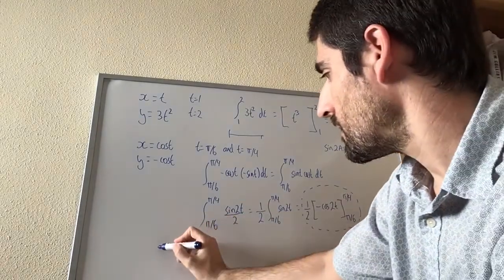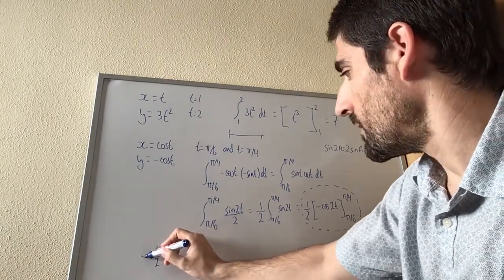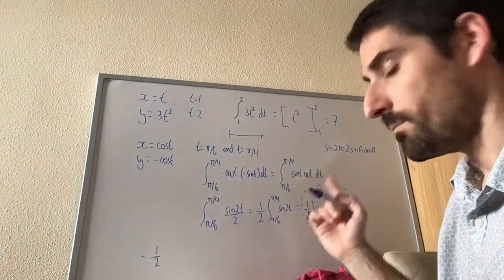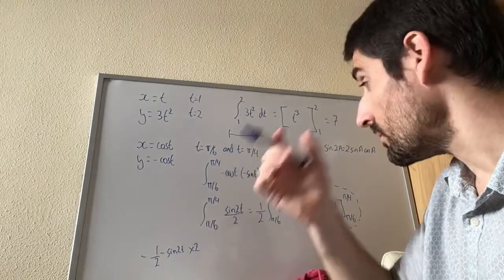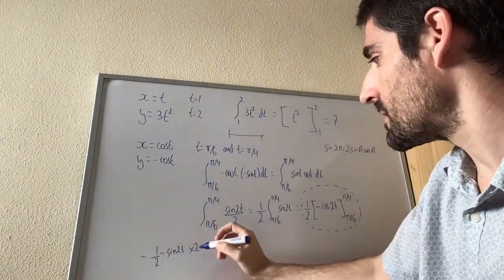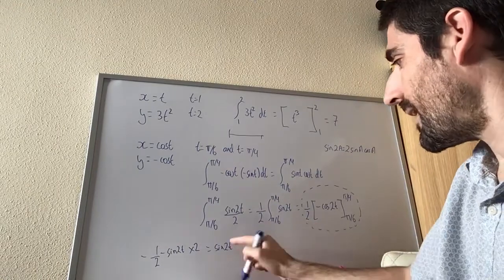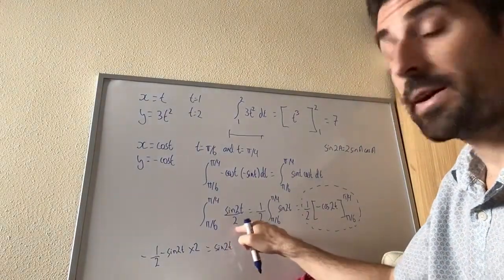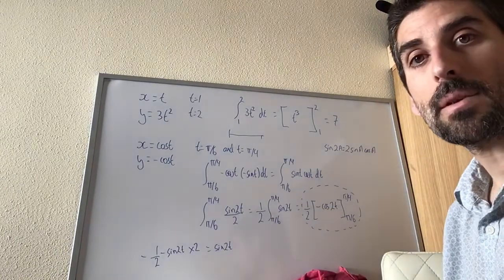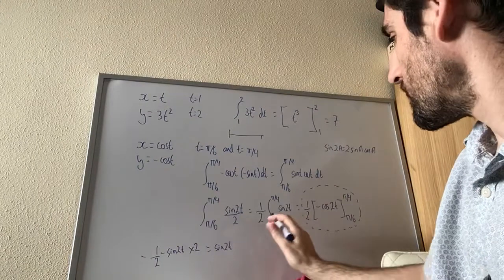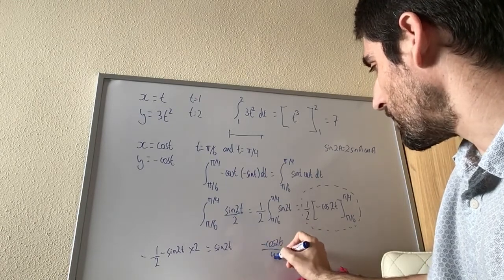Because if I differentiate that, what I get is 1/2, because the 1/2 is there, minus 1/2. The derivative of cos 2t is minus sine 2t, and then times 2 because of the chain rule. So minus and the minus is a plus. The 2 divided by, so what I get is sine 2t. If I differentiate that, I get this. What I actually had was that divided by 2. So when I differentiate that, I'm getting double what I had. I need to take that and divide it by 2. Remember the whole adjusting coefficients? So the actual integral I'm looking for is minus cos 2t divided by 4